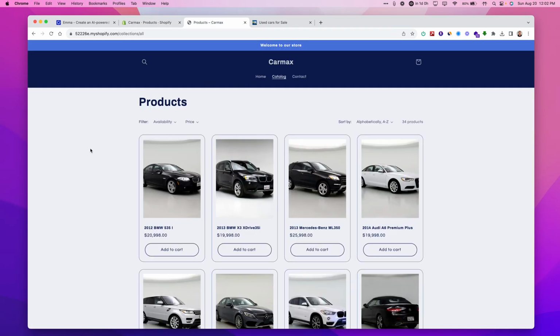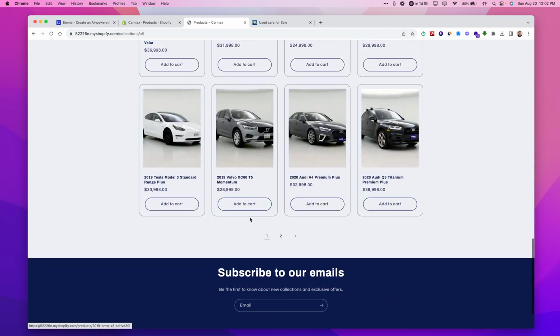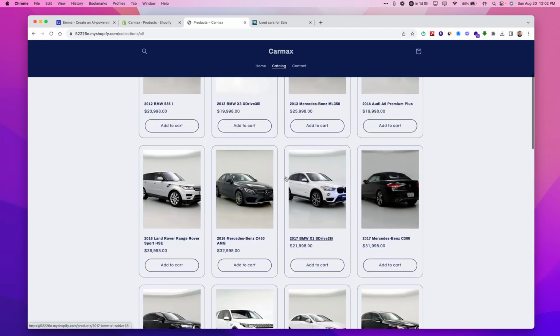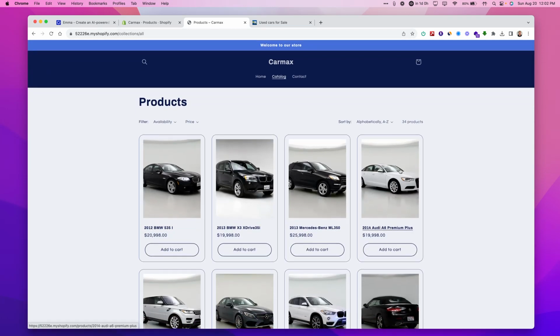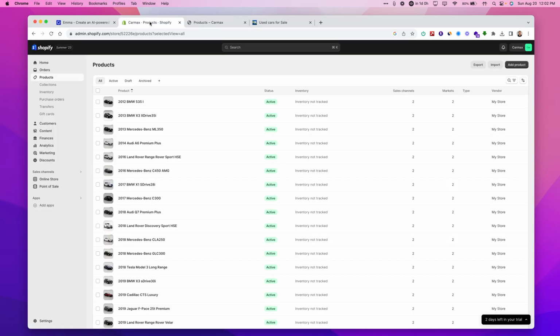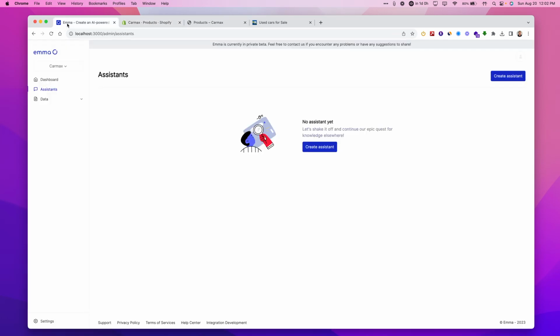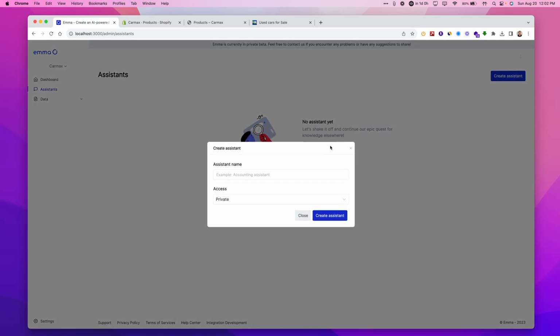I've created an example Shopify store here, called CarMax, and we have some of the products that they're selling, some of these used cars. Perfect. So we're going to do this from scratch. I have a new organization here on Emma called CarMax, and I'm going to create my first assistant. So I'll call this my